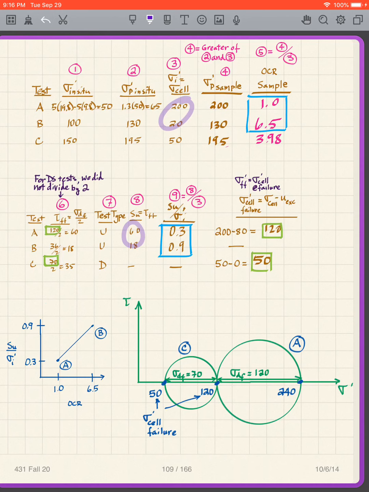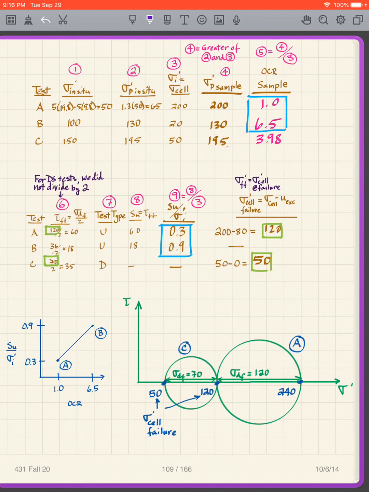I divide them out. So column 8 divided by column 3. So column 9 is column 8 divided by column 3. So I get 0.3 and 0.9. And then the last thing I want to get is sigma prime FF, which is the sigma prime cell at failure. So I have to take off the UXS if I've measured the UXS or I know the